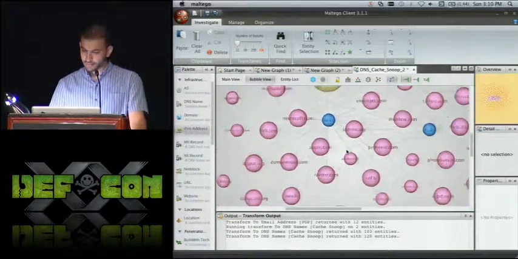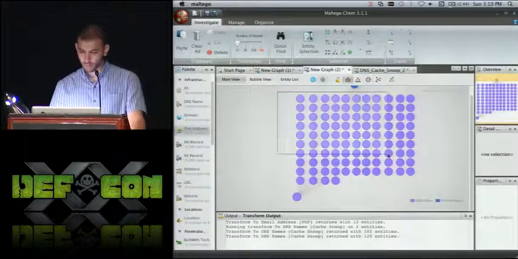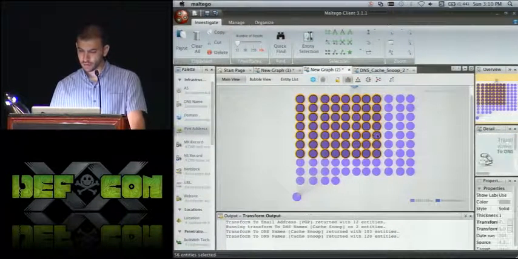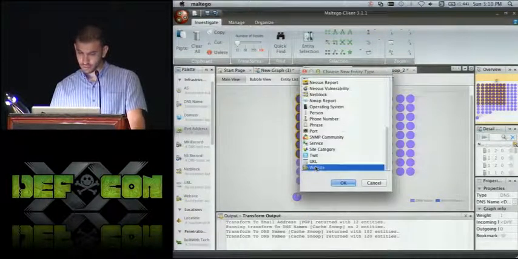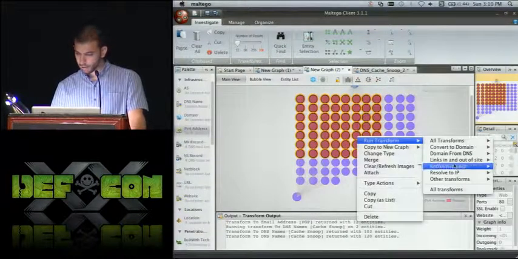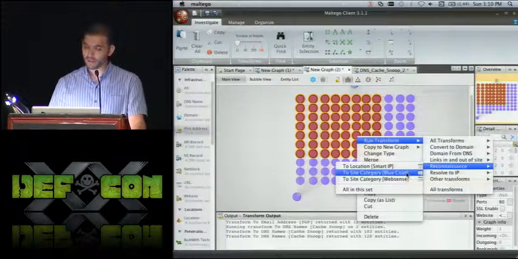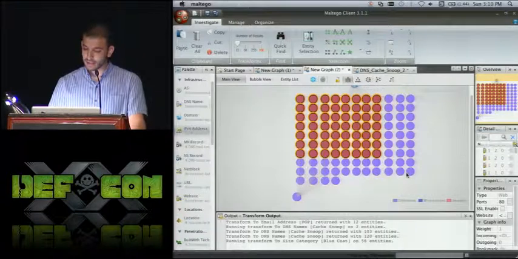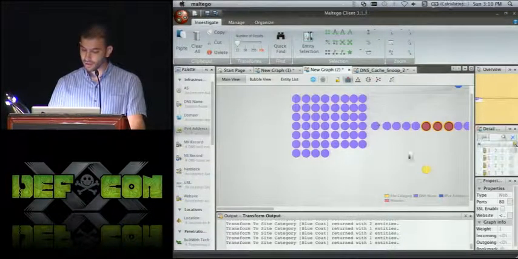What you're seeing here is essentially the work of 2 transforms. So if I go back to this one graph here, one transform that I forgot to show you is that you can actually change this type. This is not the transform itself, but if you change it to website, and then you go to reconnaissance, I've actually included 2 site categorization transforms, one from Blue Coat and one from WebSense. By right-clicking on that, you'll be able to get the site categories.